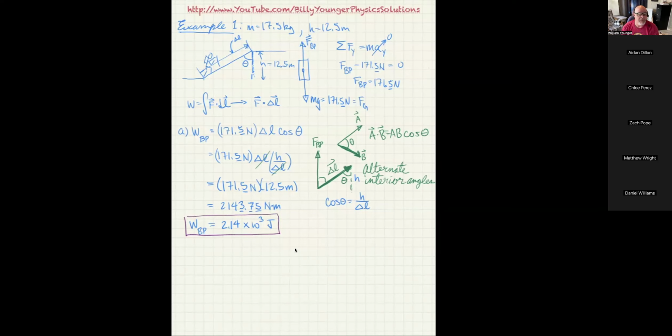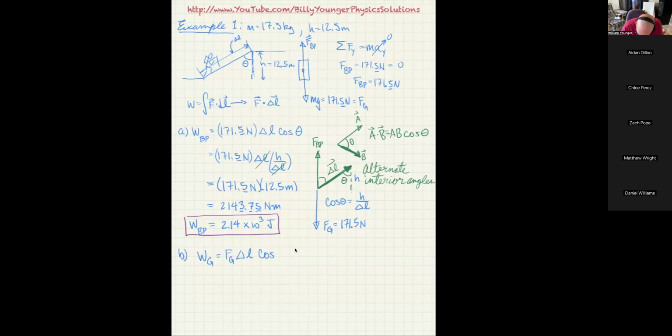Now, in the other part, like I said, they wanted us to calculate the work done by gravity. In that case, you actually have the gravity force acting downwards. So this is the force by gravity, and that force, of course, is 171.5 newtons. So if we want to calculate the work done by gravity, this is how we do that. Work done by gravity would equal the gravitational force, which is Fg, times the delta L times the cosine of